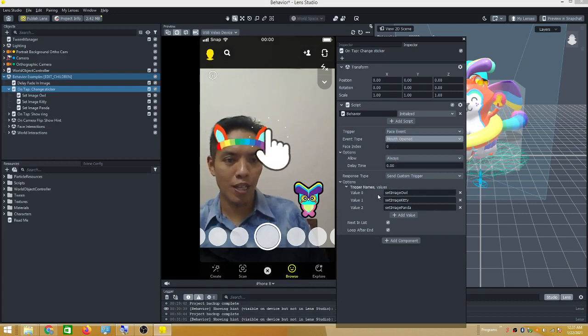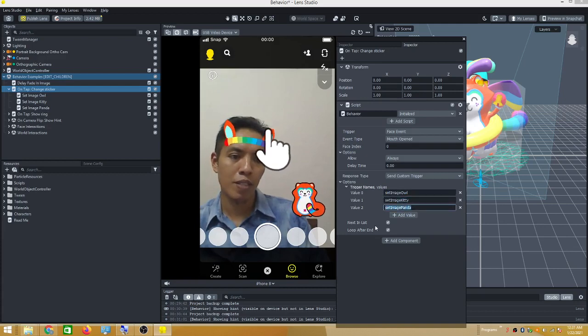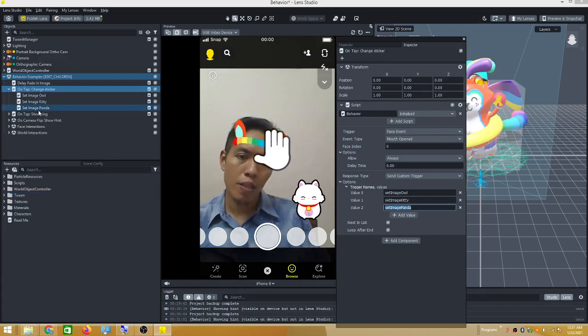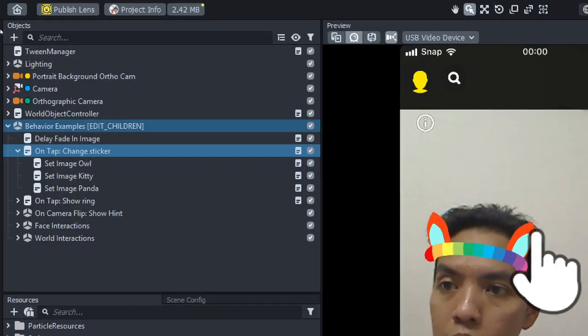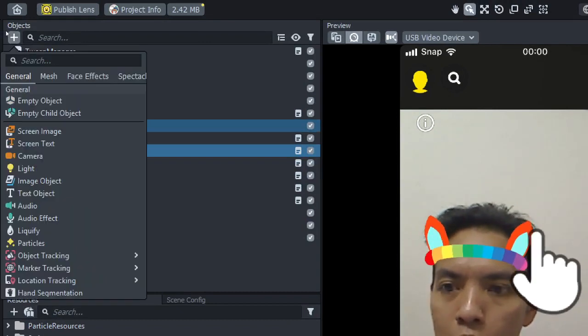Okay, so there are 3 different images: set image to owl, set image to kitty, set image to panda. So if you want to add more, you just add a value and create the proper visual. Okay, if you want to add other effects on this scene, let's try. We can add an object. For example, I will add